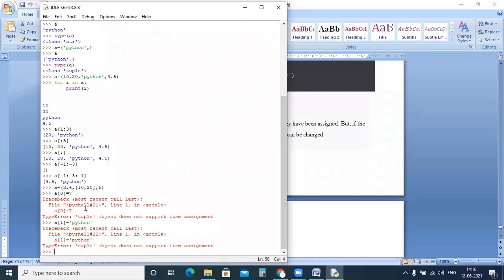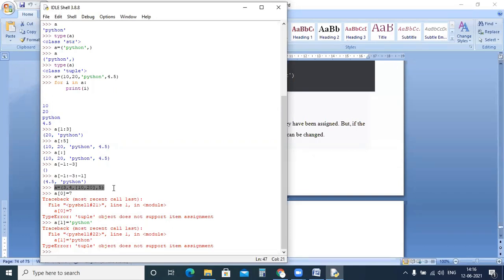Okay. I want to say one more important thing here. If it is clear, I'll just proceed further. Now, in the tuple, we have 3 as an integer data type. We have 4, and 10 and 20. 10 and 20 is a list actually. This tuple, A equal to 3, 4, 10, 20. What do we call this tuple? A nested tuple. In the tuple, we have a list also. We call this tuple a nested tuple.